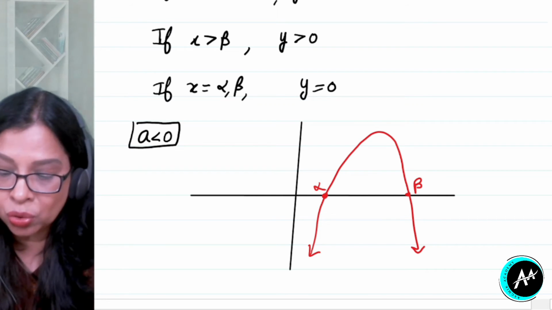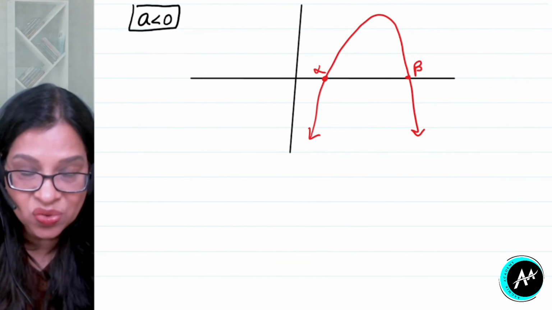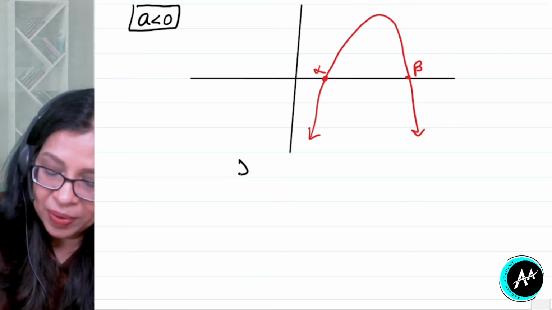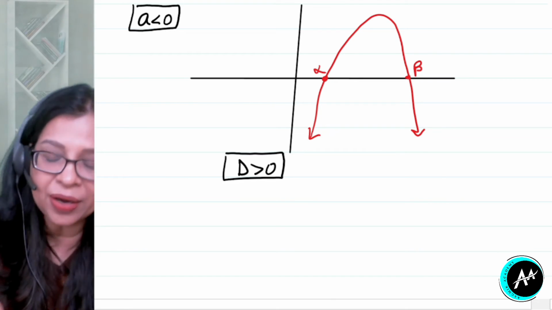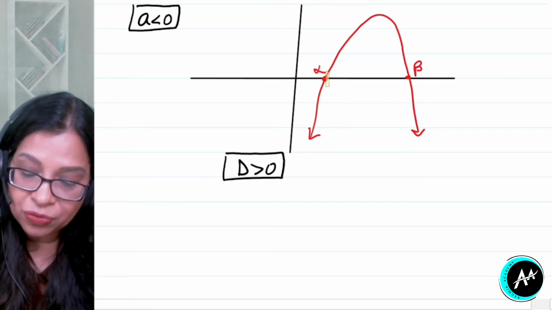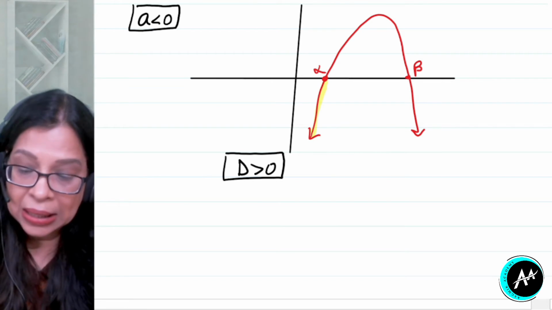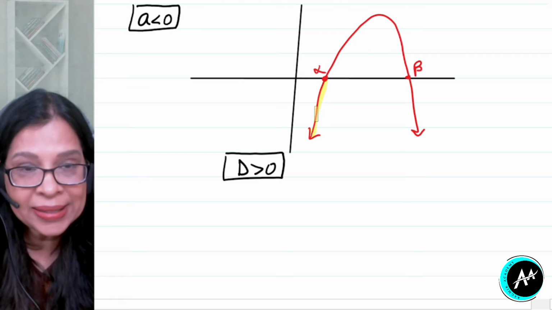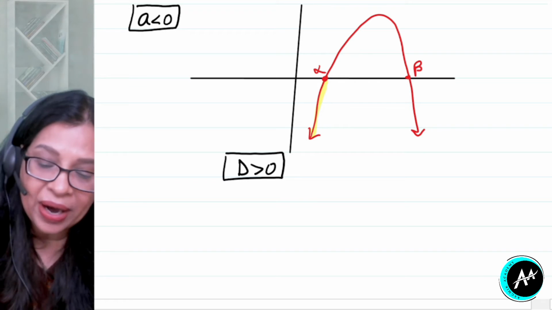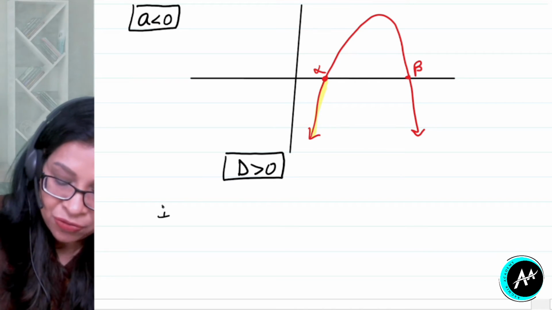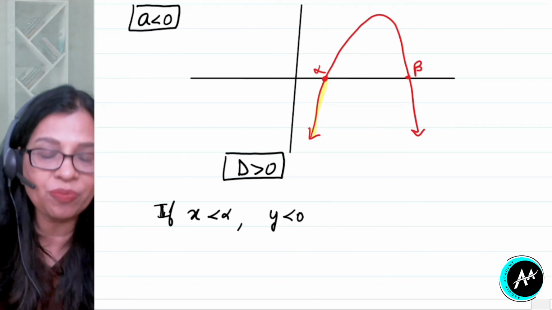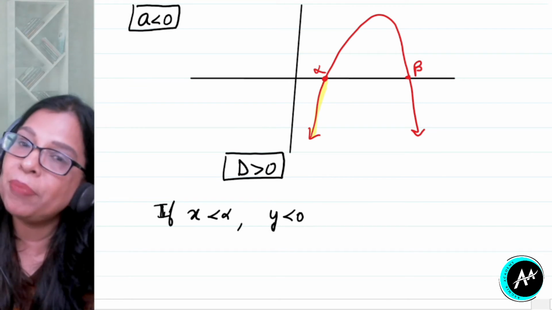These are the two distinct points. Again you can see these are the roots, as I have told you in case 1 when a is positive. So we can say again roots are real and distinct. So d will be strictly greater than 0. Alright, here also. Now observe one thing. When I have this part of the graph, okay, graph is below x-axis. What is this portion? When are we getting these values of y? When x is less than alpha. So when x is less than alpha, you can see y is negative. So let us write that if I have x less than alpha, then y is negative, because part of the graph is below x-axis.